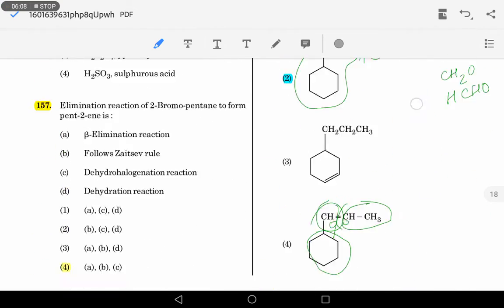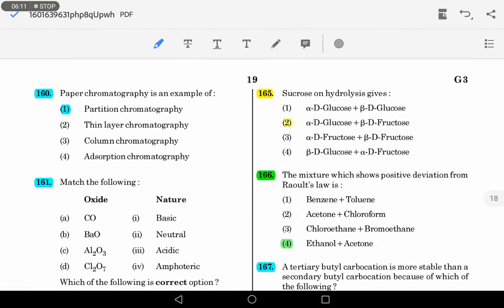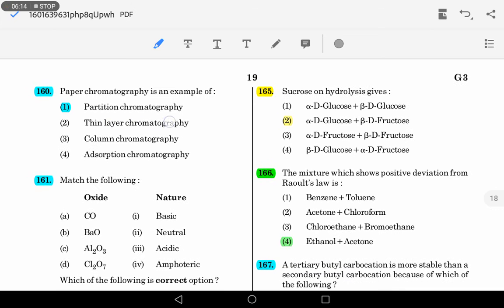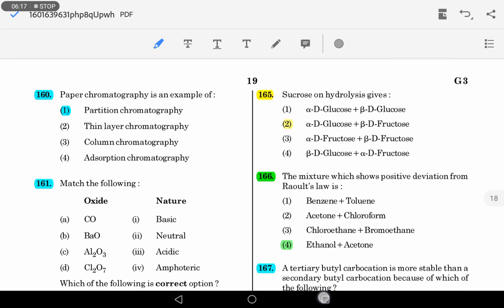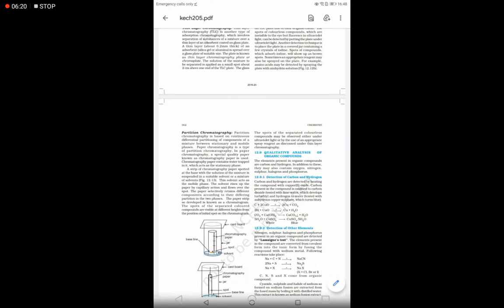Next, paper chromatography is an example of partition chromatography and not thin layer chromatography. So usually they get confused by paper chromatography as thin layer chromatography, as the name indicates. So the NEET questions are at such a level that they confuse the options with the questions. The question will direct you to choose an option, but the option would not be the correct one at times. In biology, there are a lot of questions in that manner. You have to be careful with those. Paper chromatography is a type of partition chromatography, a direct statement.